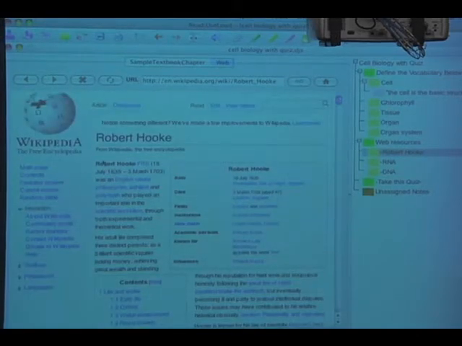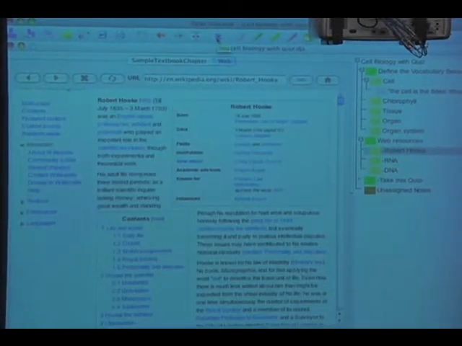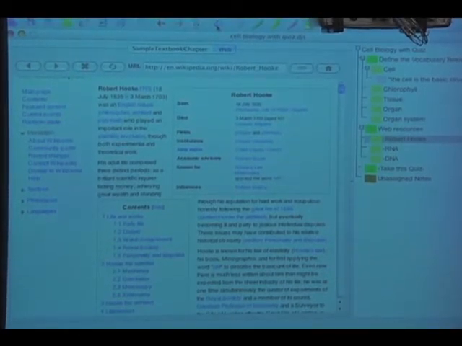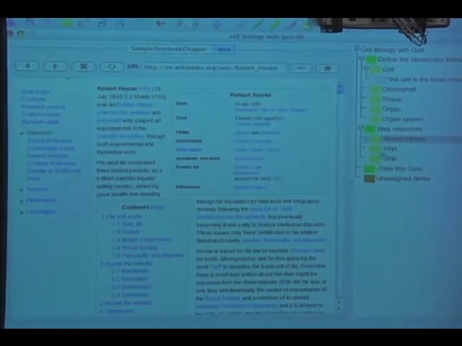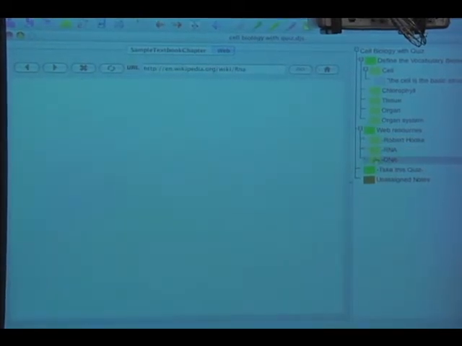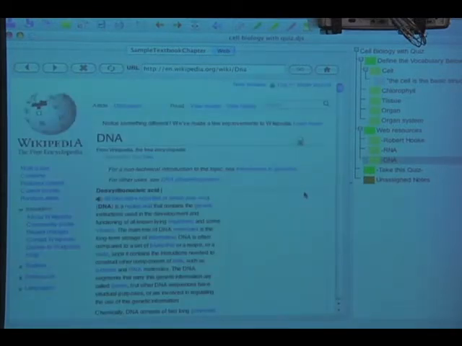And so here's my Robert Hooke, and I can click play. Robert Hooke, FRS, 18th of July, 1635. Okay, and I could have that all read. I could take some notes on here. I also have, you know, another one on RNA, another sample on DNA. So it's basically just pinging these websites that I wanted to get to. I'll show you how I did that. Want me to show you really quick? It actually takes you 2 seconds to do. That's the nice thing about Read Out Loud.